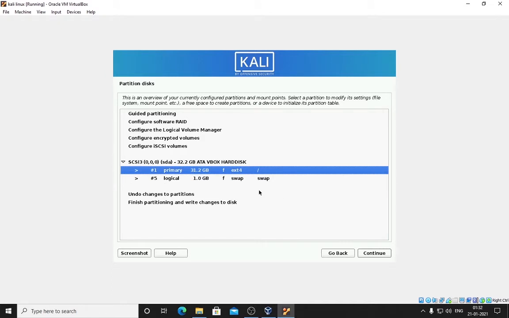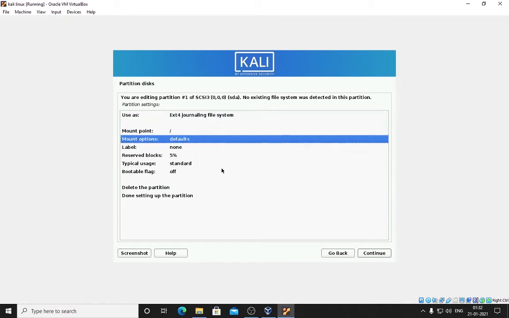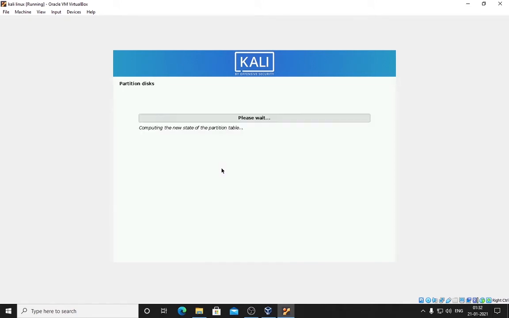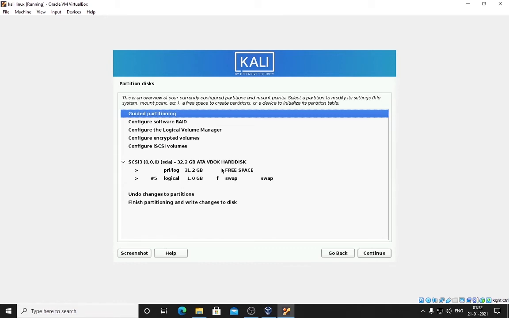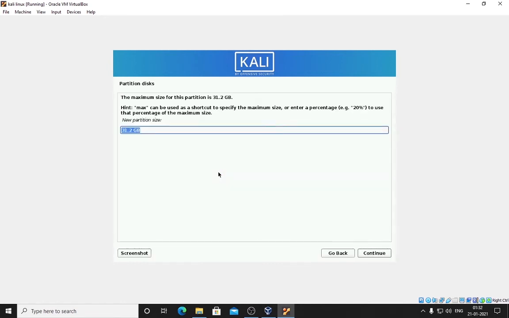So what I'm going to do is I will double click on this and it will take me to this module, and I will delete this partition actually. So why I'm deleting it, I will let you know. I will double click on this and I will create a new one, create a new partition, and I will be changing this size. So remember we have 2 gigs of RAM. I will be telling you what is swap and why we use the swap. So put it like 29 gigs here.